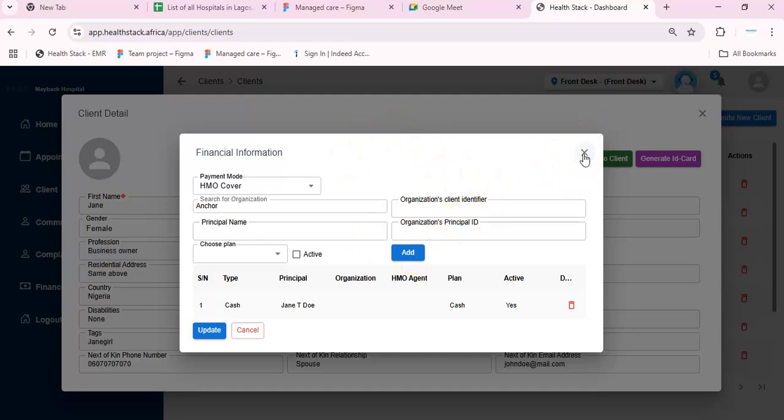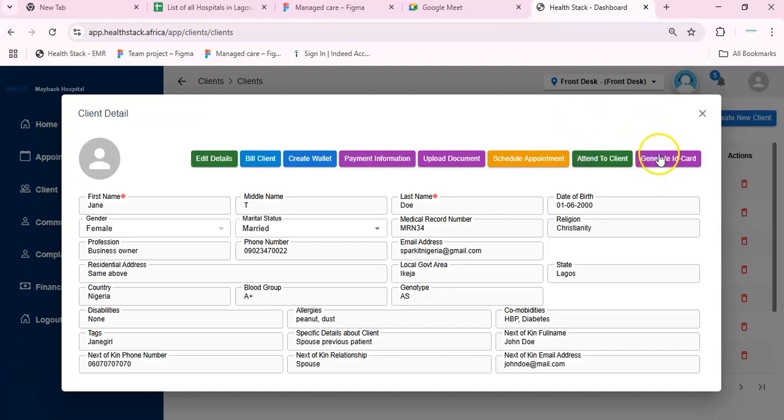If your hospital has a plan or they issue photo IDs to patients, this is another good way to do that. You just need your photo ID printer and then you can generate the ID card. So you want to add